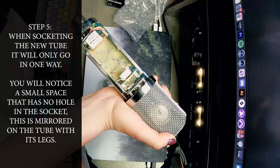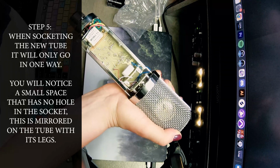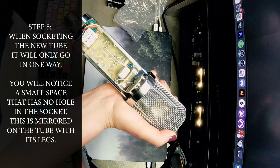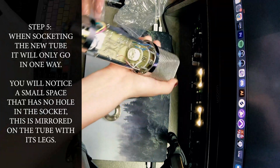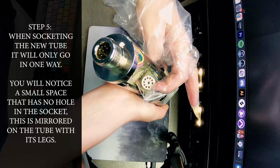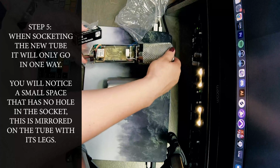All right, when socketing the new tube, it will only go in one way. Cool, can't mess it up. You will notice a small space that has no hole in the socket. This is mirrored on the tube with its legs. Cool, so there's a space with no hole right there. So I'm going to mirror that with my tube. So I'm going to set this down